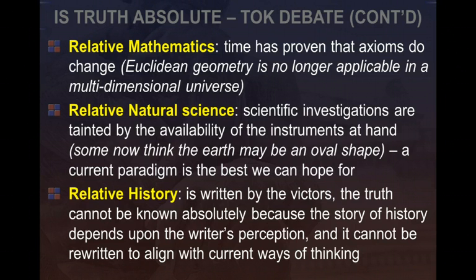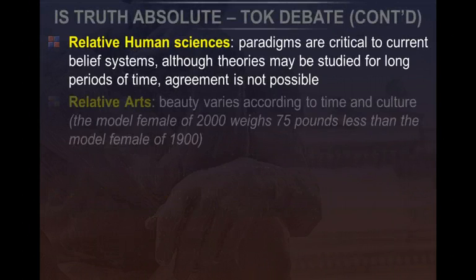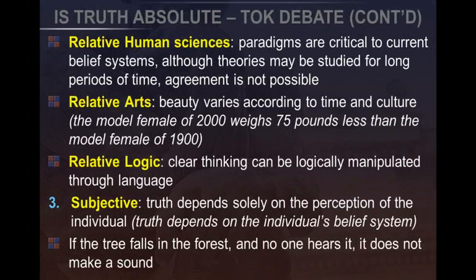Is history relative? The idea that history is written by the victors is a stand that a lot of historians have probably presented to you. We don't know what the Roman Empire was like from the perspective of a Roman slave because they didn't write those histories. Why not? Because they couldn't write. They didn't know how to write, because they were slaves. So, human sciences, right? Does that affect things in a relative position?